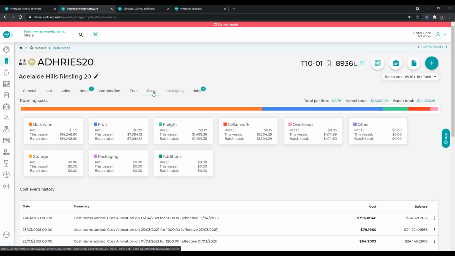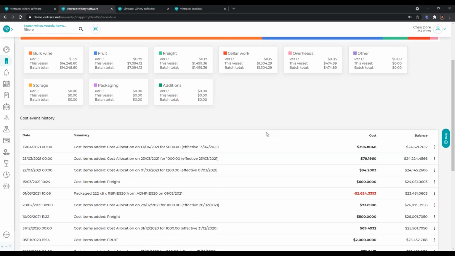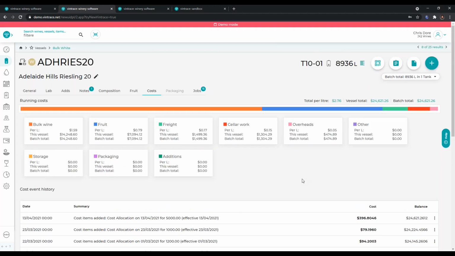Next one up is our cost tab. So it does a fairly similar thing to what you're used to. It has all our categories at the top there with the per litre or gallon amount, the vessel total and the batch total, so per category, and up the top here for the total amounts. The bottom section here is all our cost history, so where those costs are coming in. So you can see I've got some allocations in there. We packaged some of that wine out, so you'll be able to see what you've added and taken out of that batch. The packaging one, that's a feature that's still in the works,